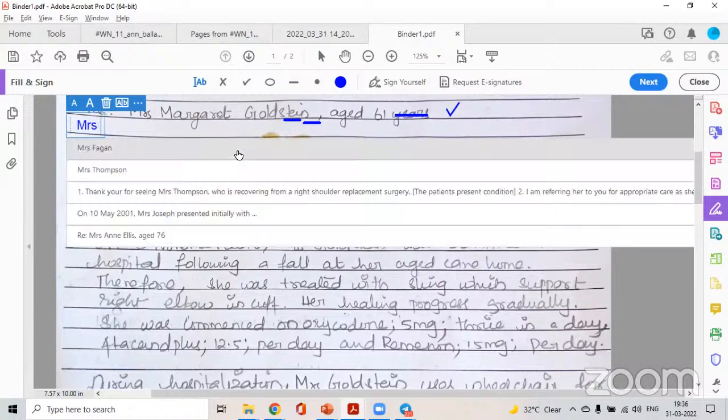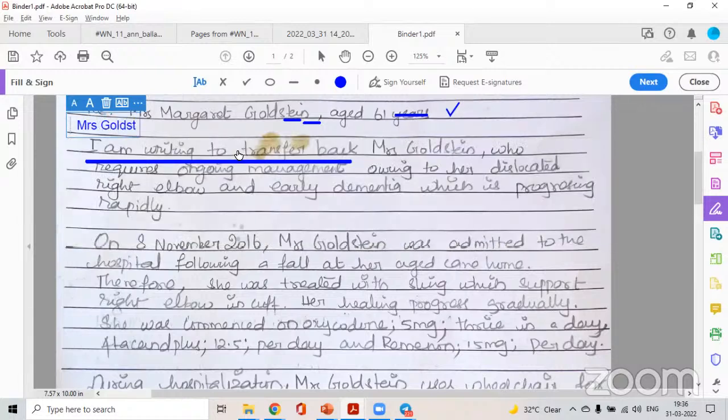Goldstein, who was diagnosed with dislocated right elbow. Mrs. Goldstein, who was diagnosed with dislocated right elbow, comma,